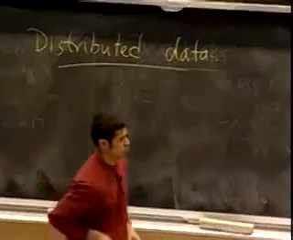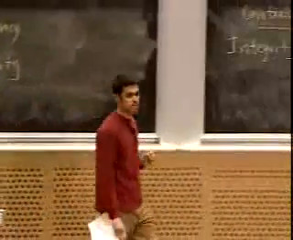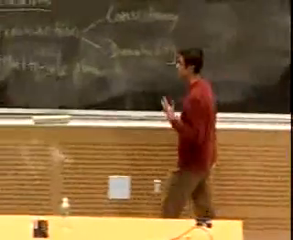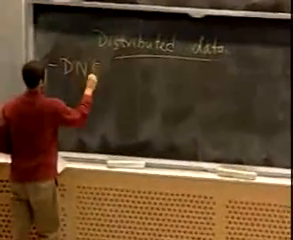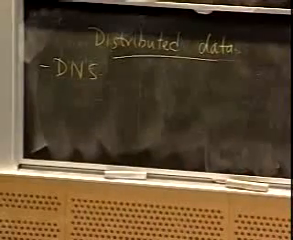In particular, when the same data gets distributed, typically for fault tolerance and for availability, to ensure that the data is available at different locations, you end up with consistency problems. And we've already seen a few examples of this. One example is in the domain name system,